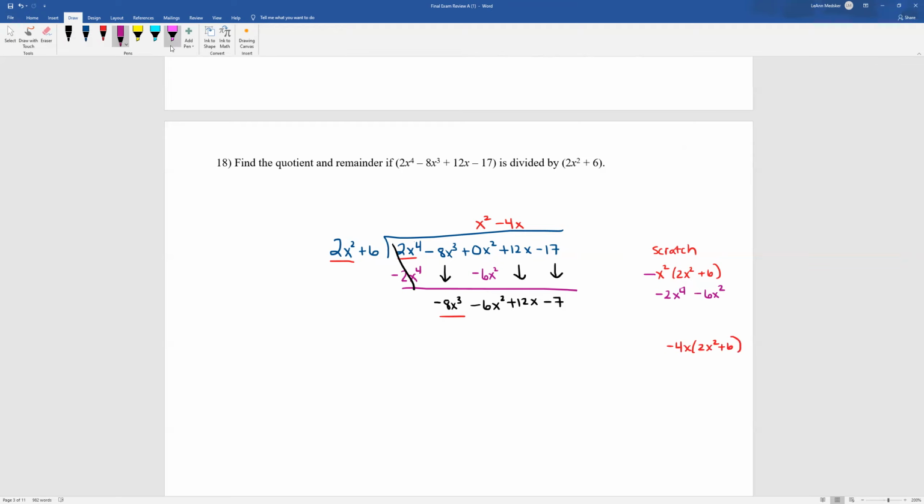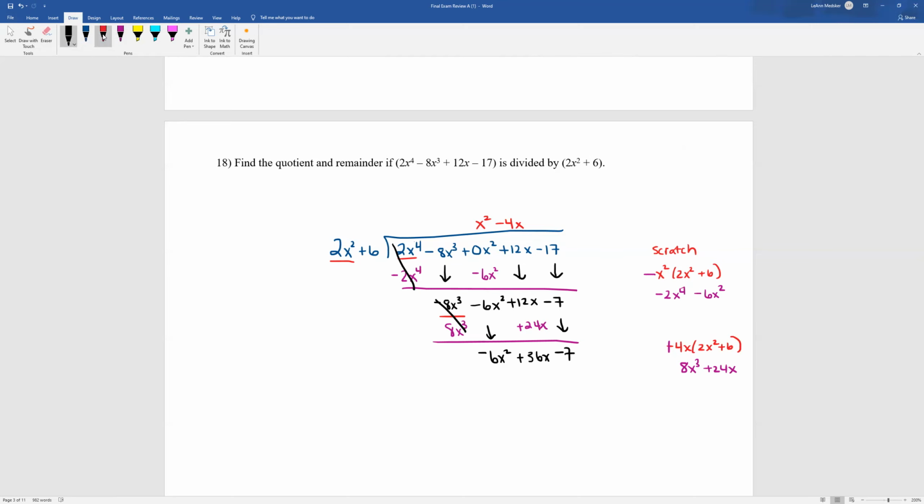And this is why I used a different color on this line up above. We're going to change that sign to a plus because it's minus whatever we have here. So if it's already negative, it's going to be minus minus. It changes to a plus sign. So this is going to be 8x cubed and plus 24x. Line those up underneath their appropriate columns. This is going to cancel, bring this down, and this should be our final round